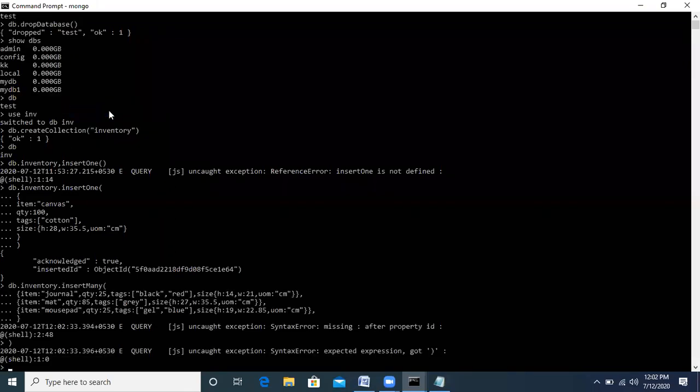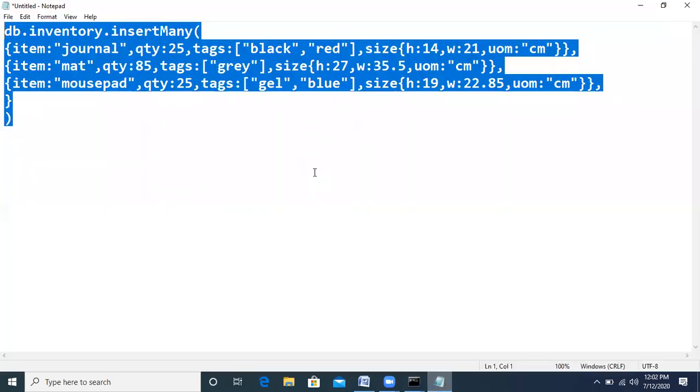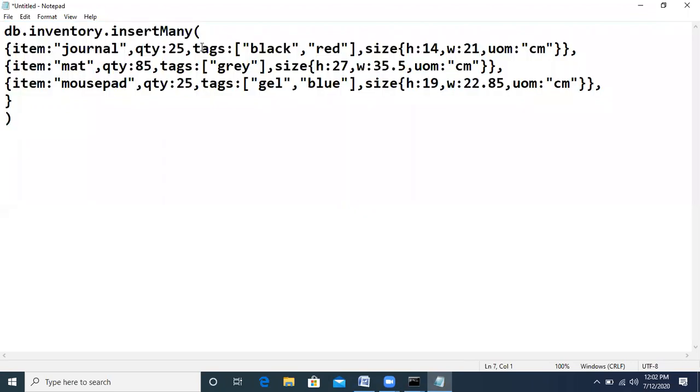So paste, and there is some error. Let me check where is the error. It is db dot inventory dot insert many. I have skipped this square bracket, and this square bracket has to be closed after this.